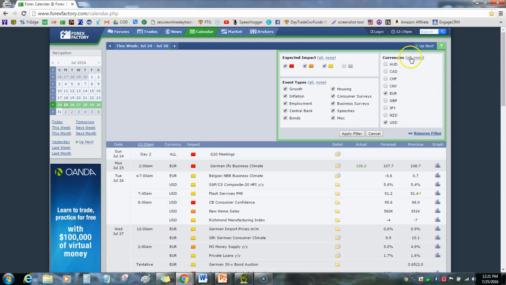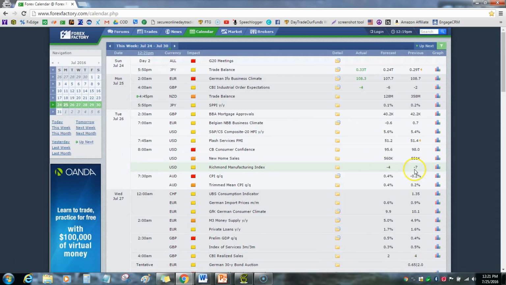So I'm going to come back here, I'm just going to click all so we can take a look at all the different currencies here. And for each announcement, we can see what the previous was, what the experts are claiming is likely to be the current forecast, what the markets are expecting, and then the actual. And this actual, you'll see that these first three are in green, which signifies that announcement came out better than